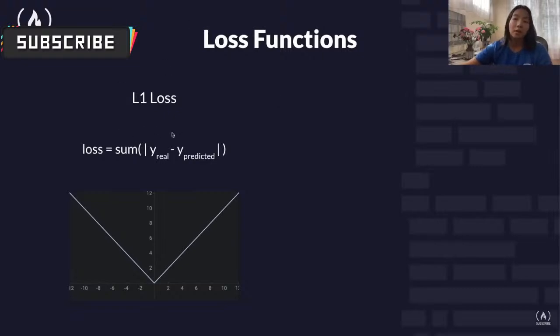This here is known as L1 loss. And basically L1 loss just takes the real value, whatever the real output label is, subtracts the predicted value and takes the absolute value of that. Okay? So the absolute value is a function that looks something like this. So the further off you are, the greater your loss is, right? In either direction. So if your real value is off from your predicted value by 10, then your loss for that point